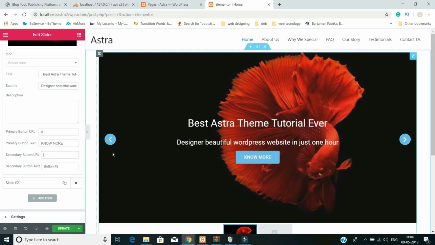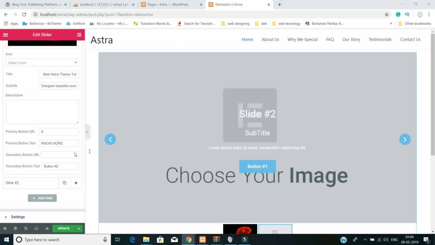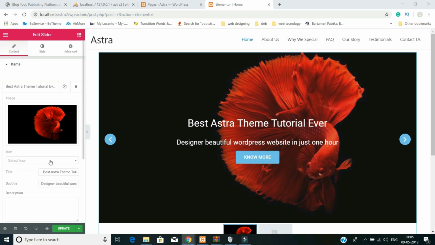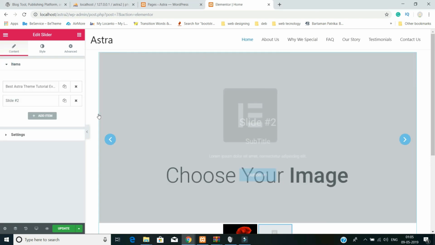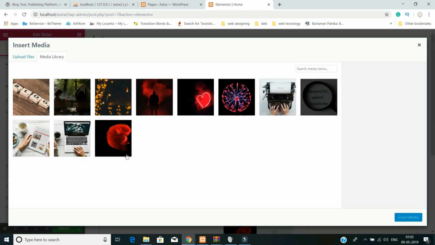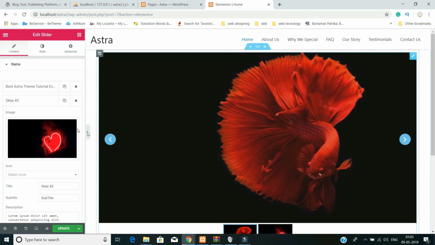And like that, for the next slider also I have to do the same thing. So I just come to that item, and in the item, slide 1 is already over, so this is slide 2. You have to click here and select this image, insert media, and